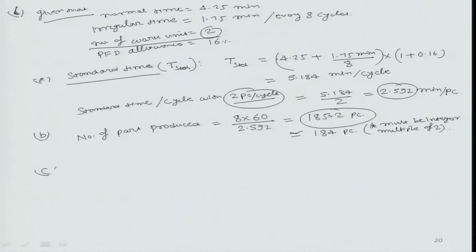Now we have calculated standard time and number of parts produced till now. So again we will move to part three. Here the question is saying, determine the anticipated amount of time worked and the amount of time lost per 8-hour shift that corresponds to the PFD allowance factor of 16%. So what is the standard time for a worker in a day? That is 8 hours,